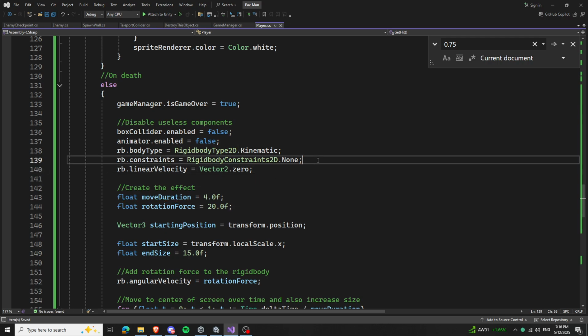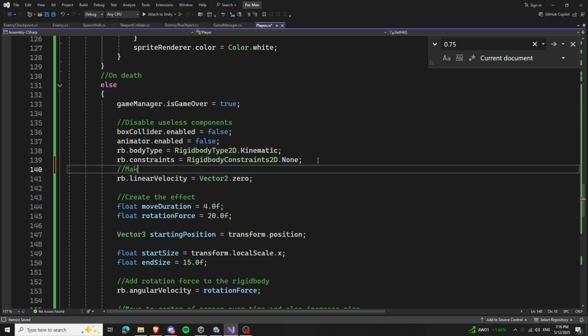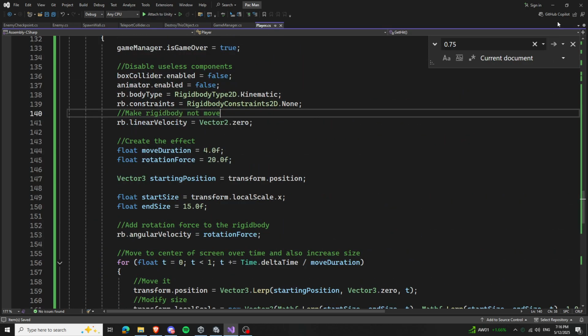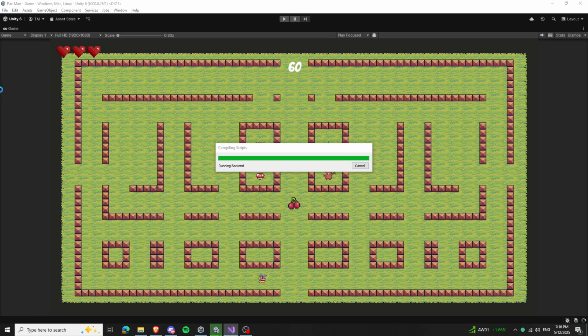So in other words, make rigid body not. In other words, no. So there's no velocity. That was the issue. I guess now we can start creating the main menu,